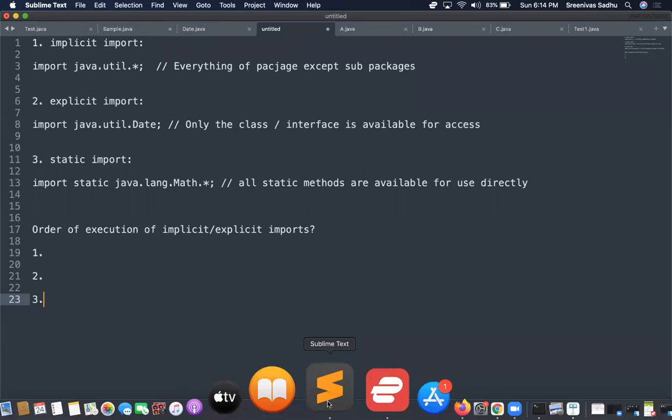In Java, we import packages into our applications or programs. Java has a very rich set of libraries, and all these libraries are called packages. Packages contain classes, interfaces, and subpackages. Classes again contain methods, constructors, and data members, those are fields actually. Now we can import them by just using the import statement, but there are three kinds of imports that are possible: implicit import, explicit import, and static import.